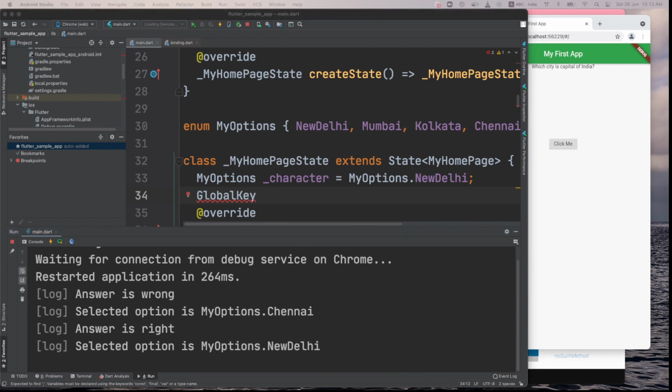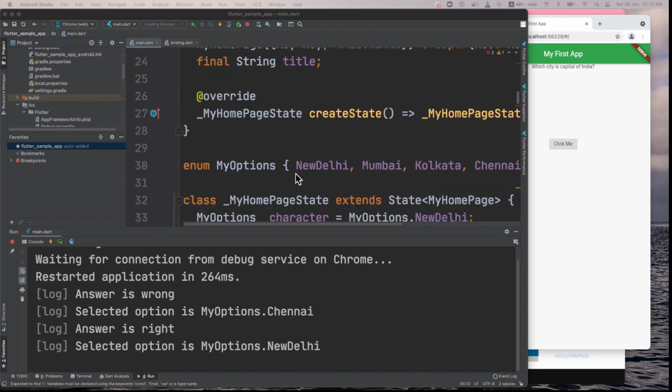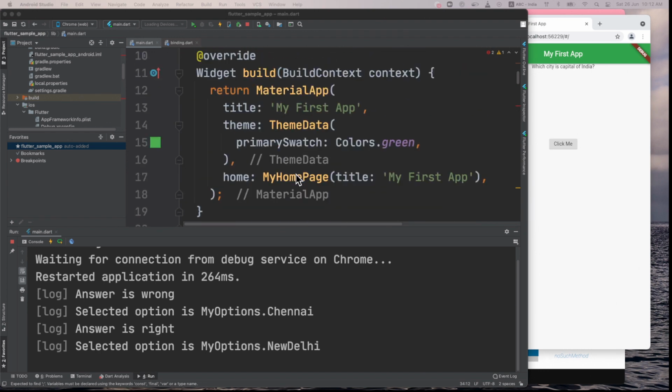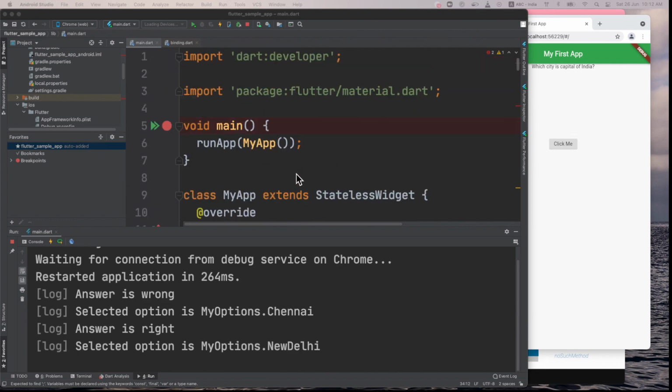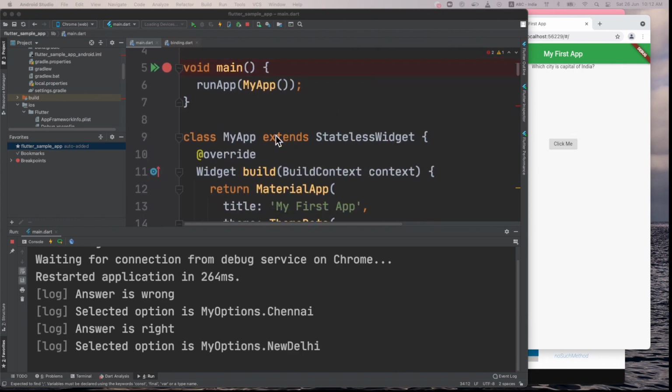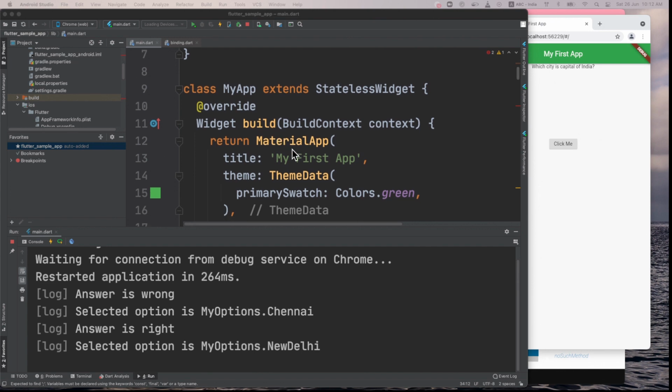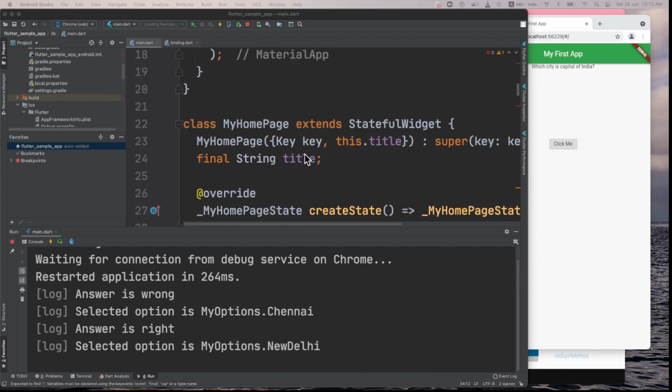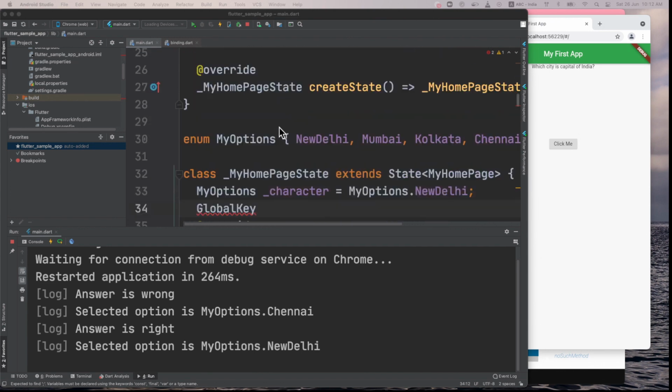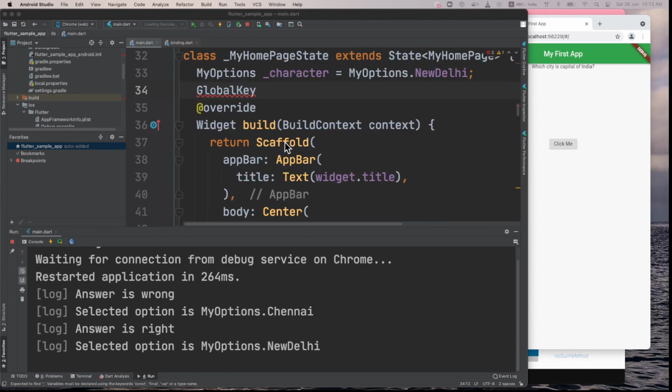So it requires you to have, what are we using? My app is coming from material app in the home page. Okay, we are using this scaffold.